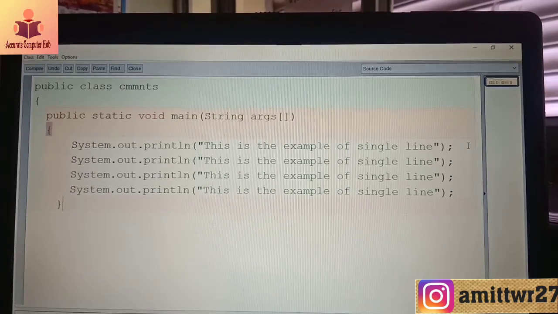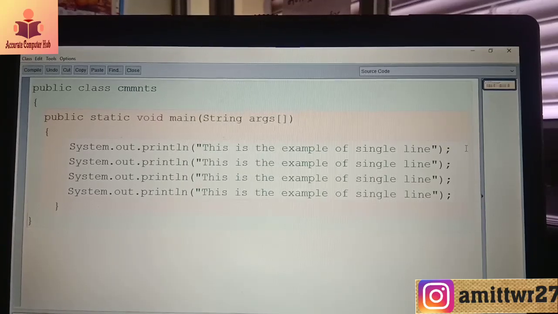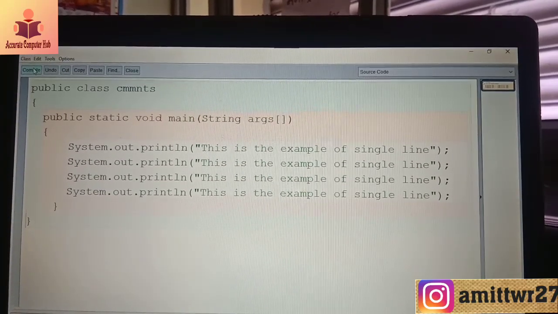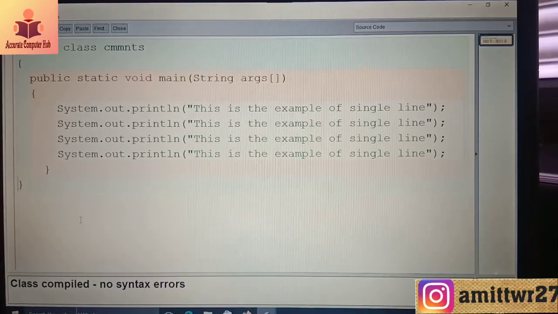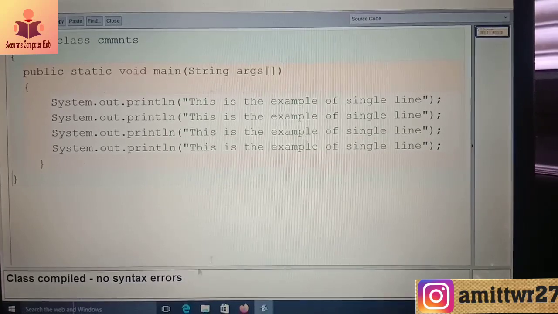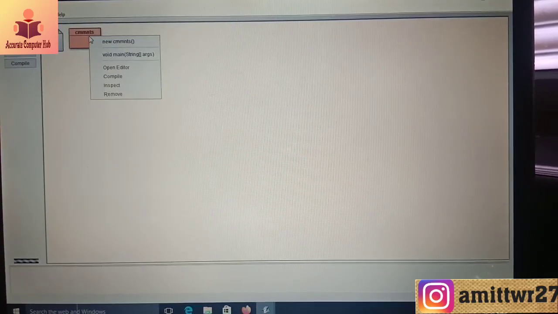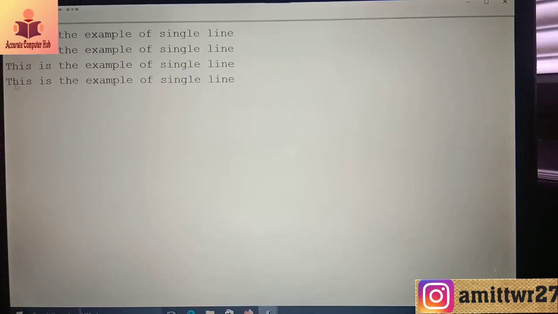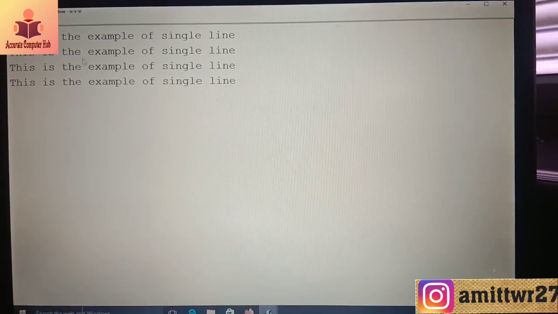Now close the two curly brackets. Just compile. When the program is compiled, class compiled, no syntax error, you have to just close the window and right click on this class name, void main, and OK. Now this is the terminal window. The 4 answers are printed. This is the example of single line.